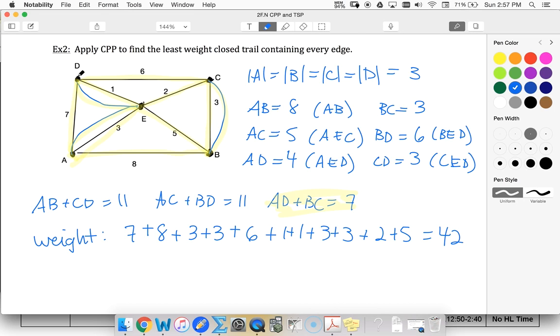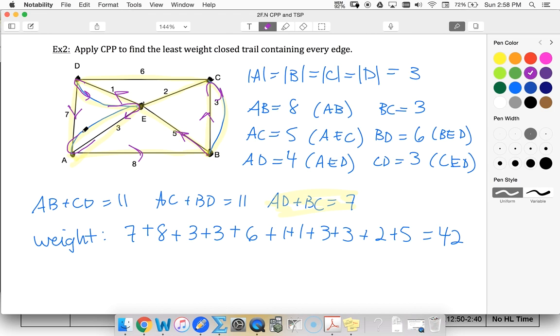And the question is, how can I get from D back to D? So I can try, if I start at D, I've got my 7, and then I can follow that over here along the 8. I can come up to 3, up to C. If I come then back down, C to B, now I can come up B to E. From B to E, I can keep going up, E to D, and then I can come back down to E, down to A,